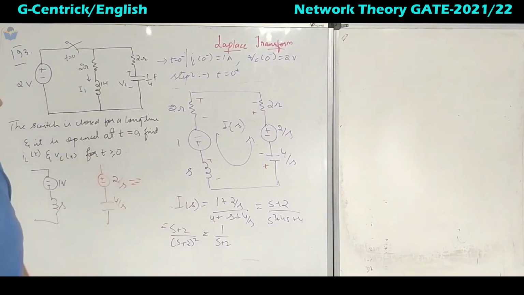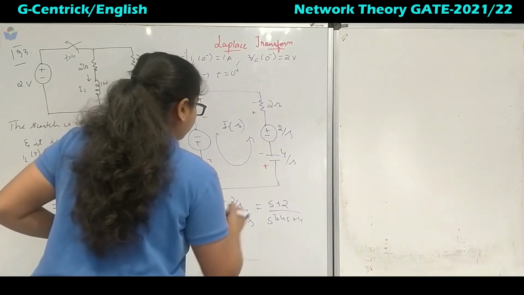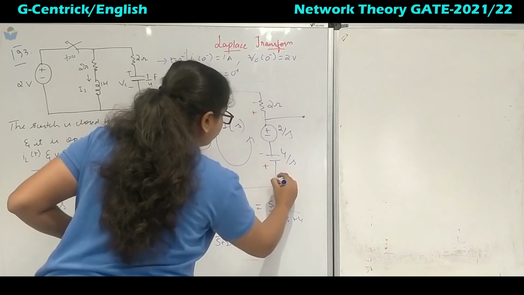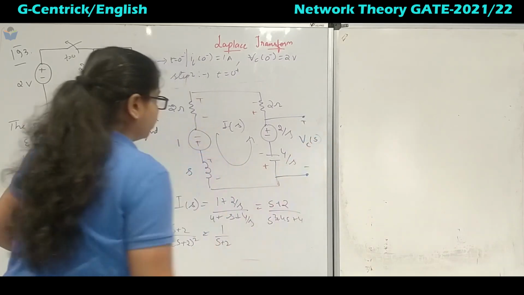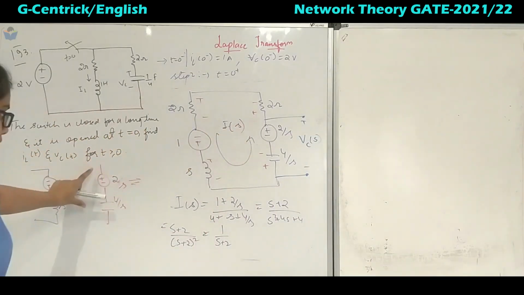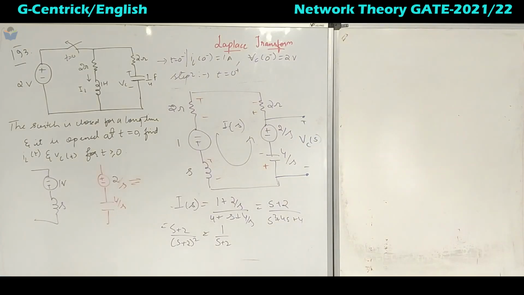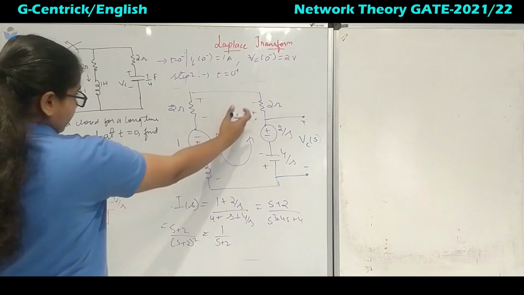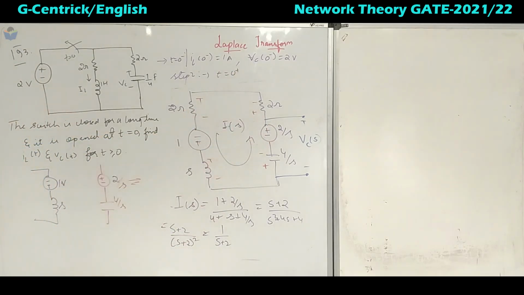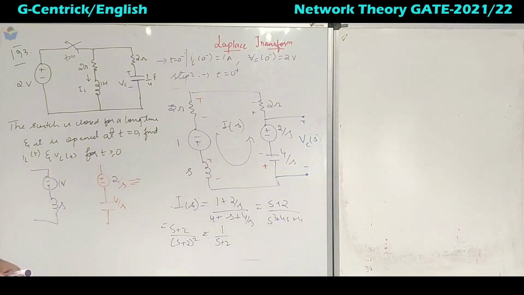To get the Vc of t, if you observe this circuit, if I pull this out, this is nothing but Vc of S. Together we have replaced this one, right? So this is Vc of S. To calculate that Vc of S, we can easily apply the voltage across each of them, right? So we know the drop, we know what I of S is. We can easily write our equation using KVL.